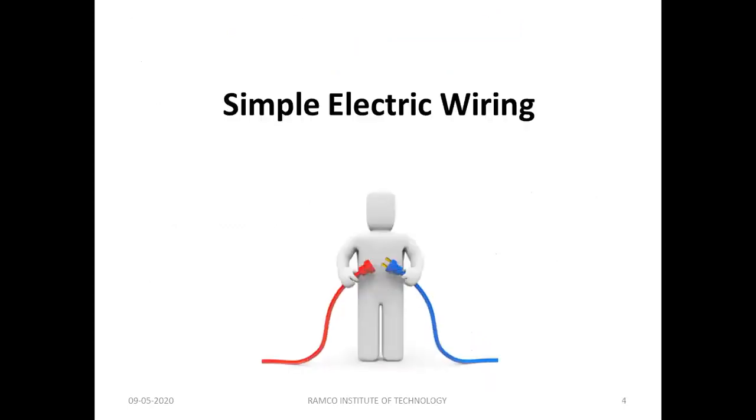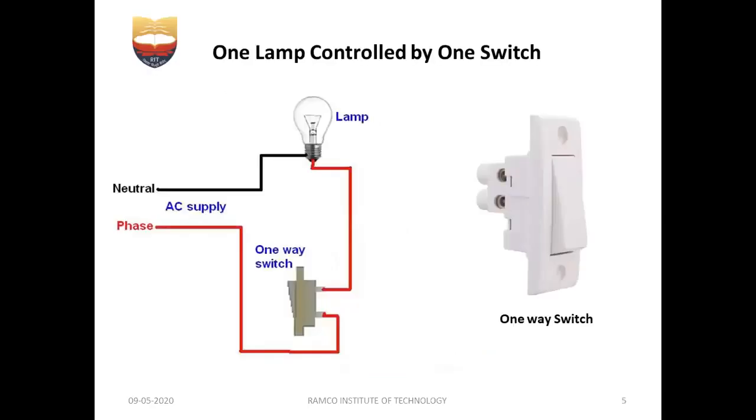So before entering into the topic, we must know simple electric wiring. In our house wiring, we must know some simple electric wiring diagram. So when we press the switch, your motor starts rotating, your fan starts rotating, your light starts glowing, right? So what's happening? In general, any load, if you take any load, it may be a TV or a grinder and all, we have two main terminals. One terminal is called phase, then another terminal is called neutral. In some loads we have one more additional terminal called earth.